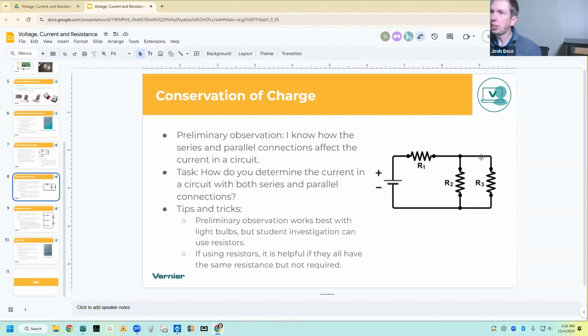And for this one, you might first show your students, if I have a single bulb and I connect a second bulb this way, you create a series circuit, then I can see that the current decreases. Likewise, if I take a simple circuit with just a single bulb and I connect another in parallel, then actually the amount of current increases, right? So then the question is, what happens if you have both series and parallel connections? This circuit here is an example like that.